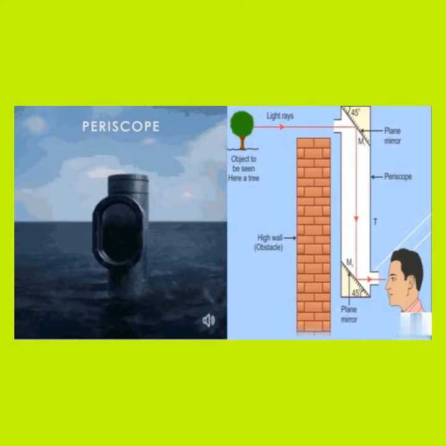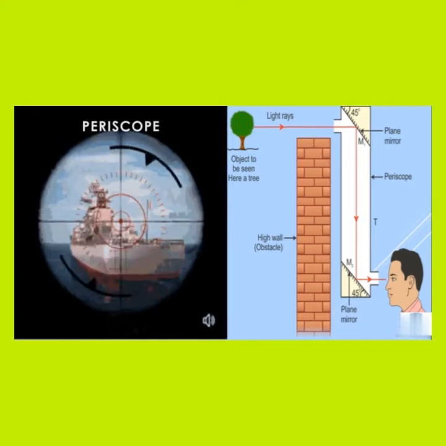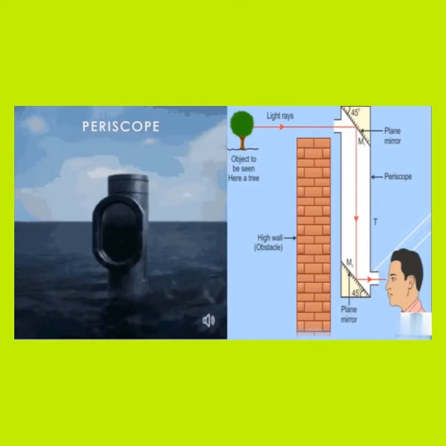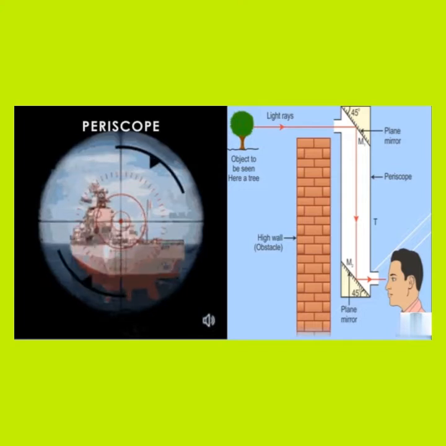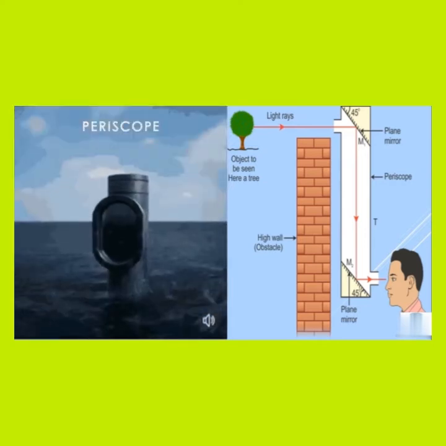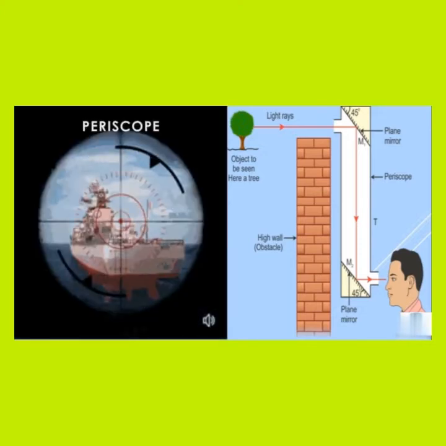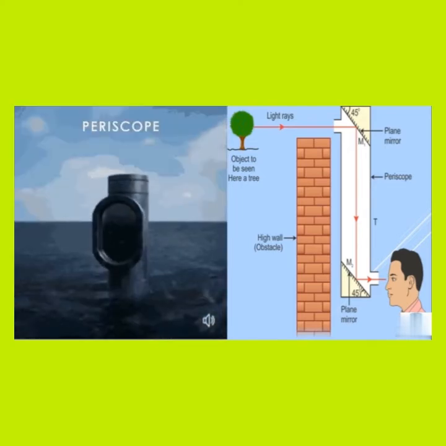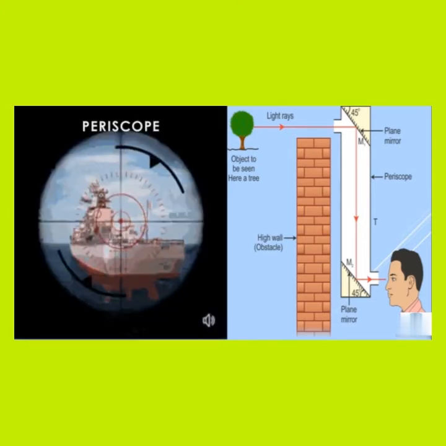Next, periscope. It is an instrument used for viewing bodies or ships which are over and around another body or a submarine. It consists of a long outer case, and inside this case, mirrors or prisms are kept at each end, inclined at an angle of 45 degrees. Light coming from the distant body falls on the mirror at the top end of the periscope and gets reflected vertically downward. This light is reflected again by the second mirror kept at the bottom so as to travel horizontally and reach the eye of the observer. Can you understand the working of a periscope?